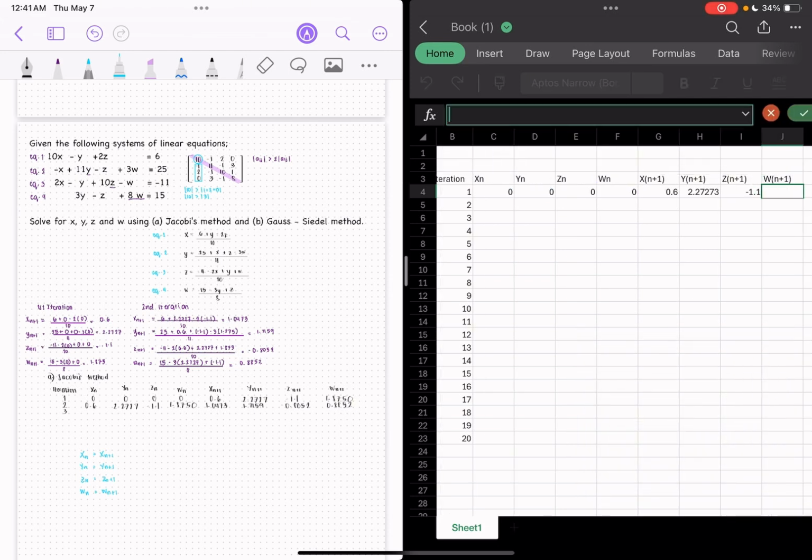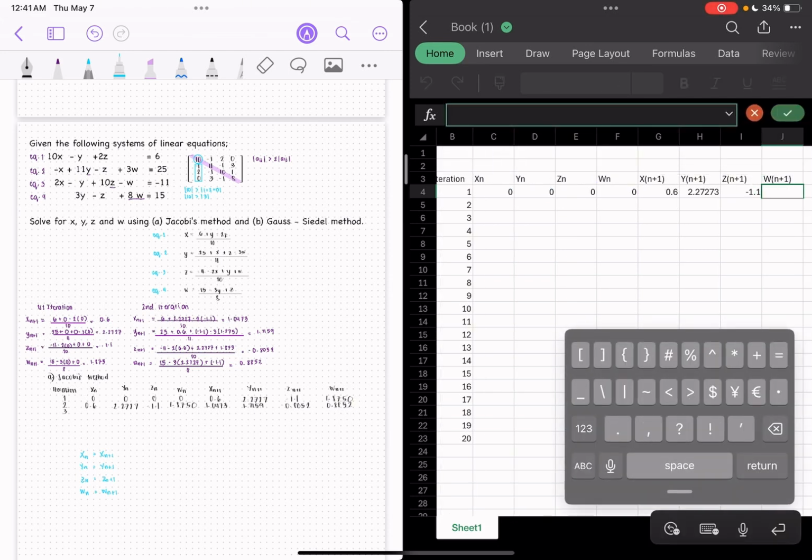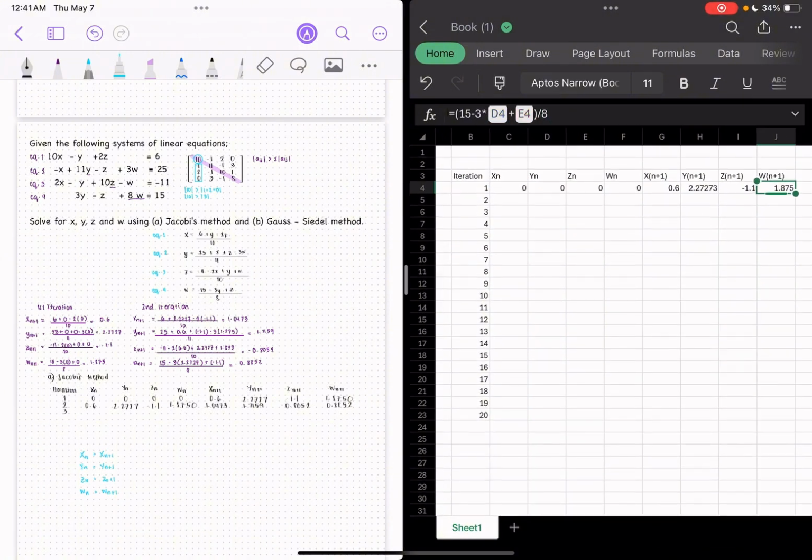Lastly, for our w, that would be 15 minus 3 times our y plus our z, all over 8. So next, as what I said, the values of our x sub n, y sub n, z